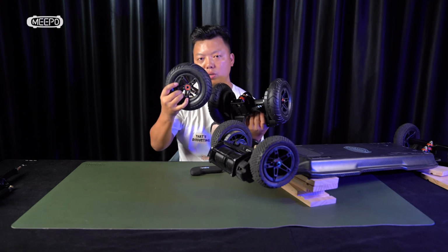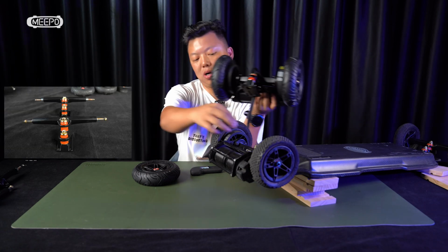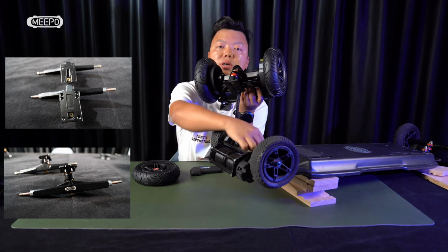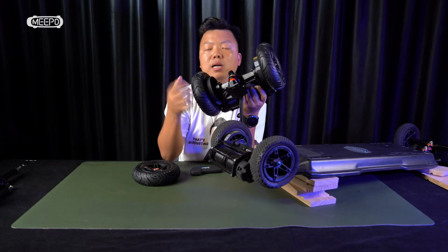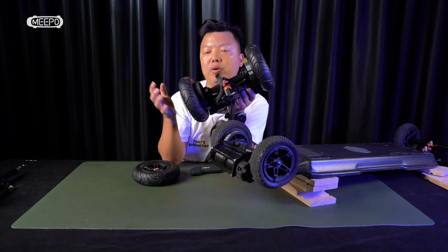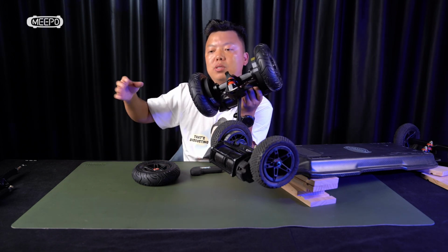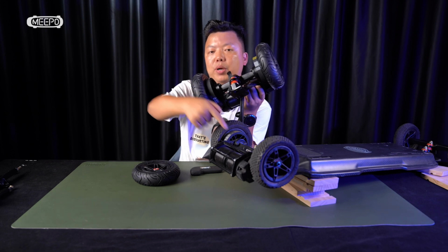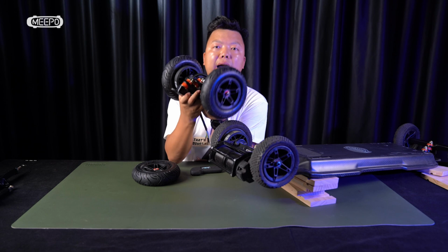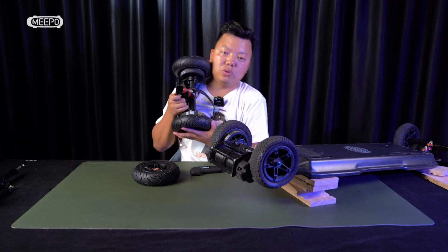You upgrade the wheel, so no tube break. You also upgrade the double kingpin trucks. The old double kingpin trucks are aluminum forged die casting parts. Very few trucks break, but with a very strong hit on the curb or a roll over, it can break into a few pieces. But it is not a very high risk. Still, if you ride so aggressively, we would recommend you choose the